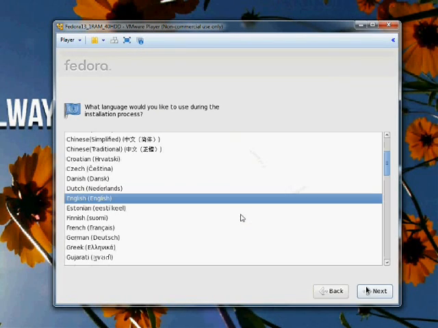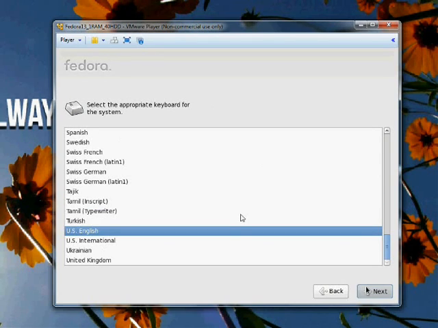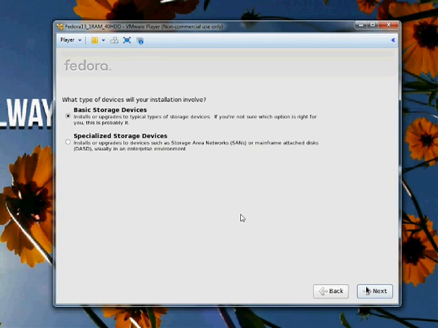Okay, so we're finally installing. We get to choose what language to use. I'm going to use English. And then now I need to